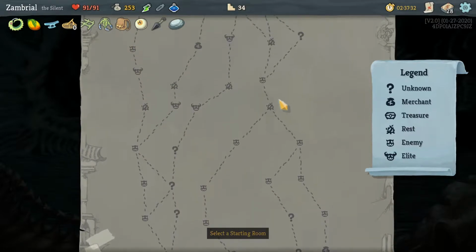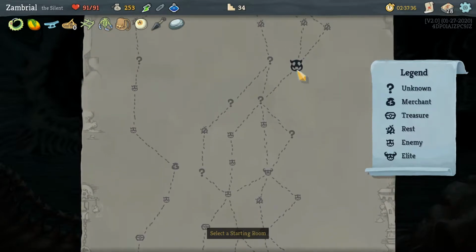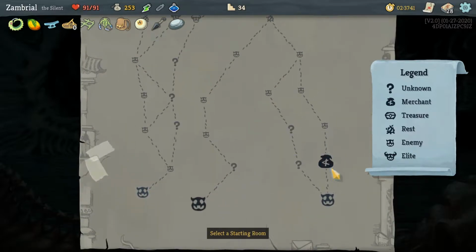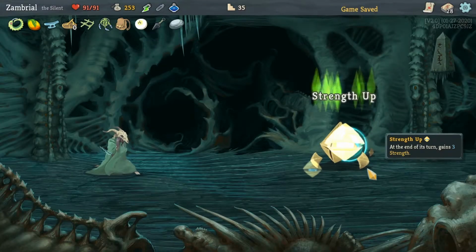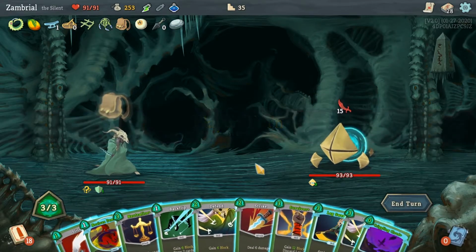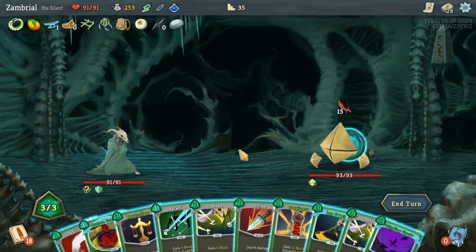It's got a couple of campfires here. Okay, if we go this way, we get 4 campfires, and we should be able to hopefully get some stuff going. So we're going to go ahead and do this real quick. And wow, that is unfortunate. Okay, so